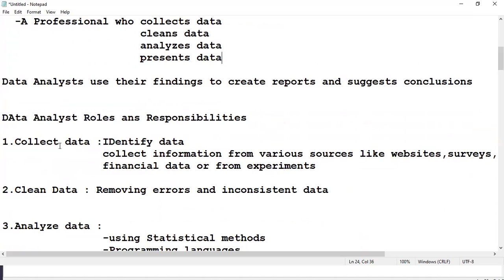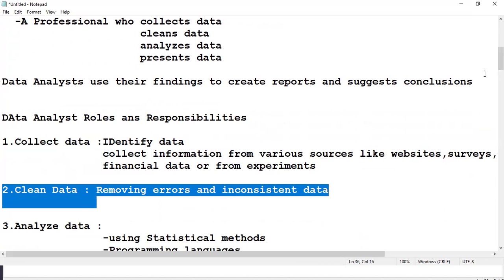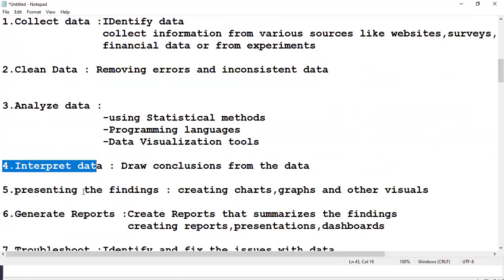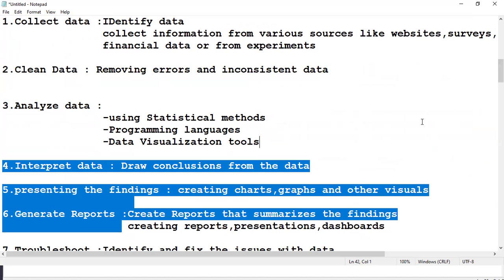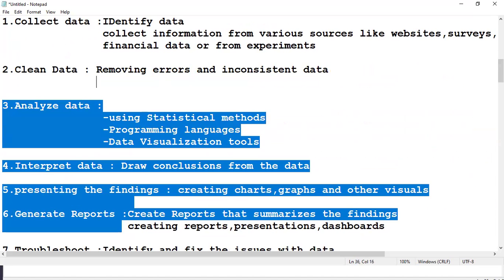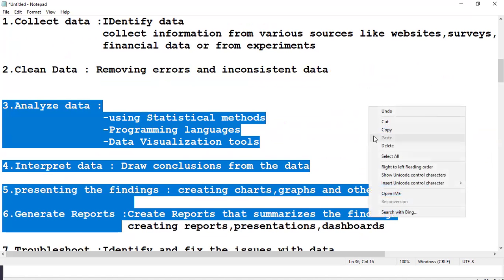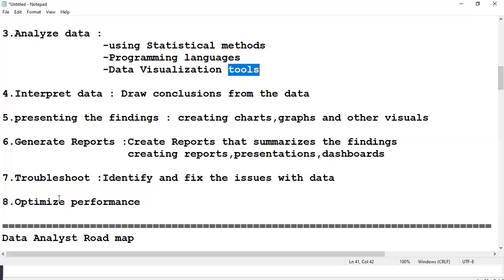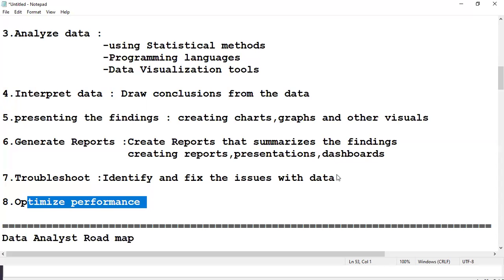Mainly collecting data, cleaning data, analyzing data, interpreting the data and presenting their findings, generating reports, troubleshooting and optimizing the performance.